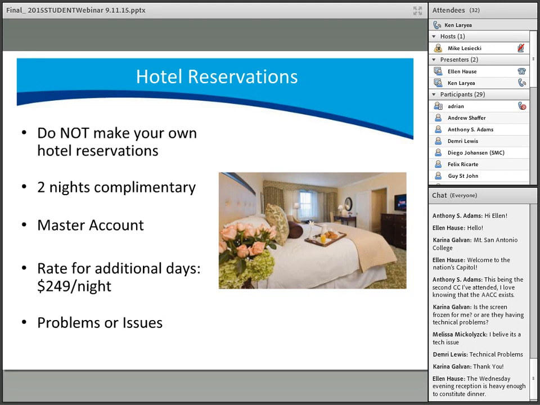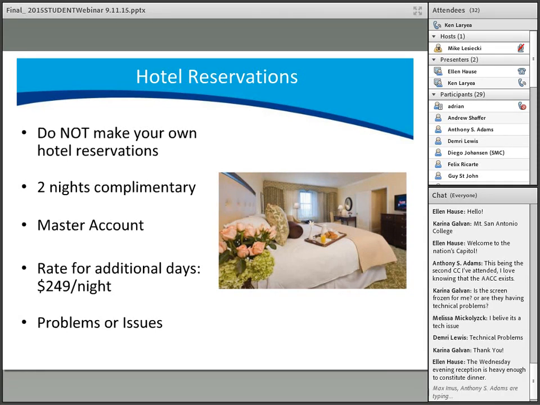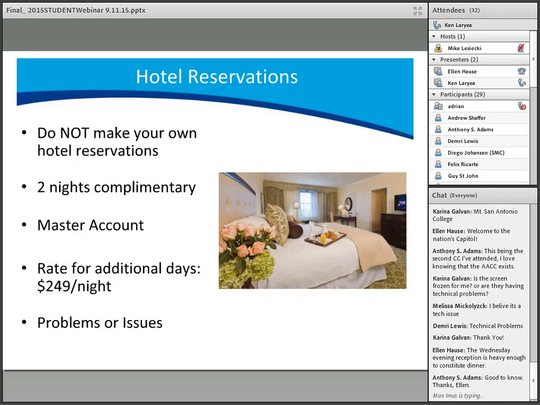As stated before, AACC will cover 2 nights of lodging. If you plan to come in before or stay after, you will be responsible for the difference. The rate for additional room nights is $249 per night. The Omni extends the group rate based on availability for up to 3 days before and 3 days after the conference dates. When checking in, be aware that you will have to provide a credit card to cover any incidentals